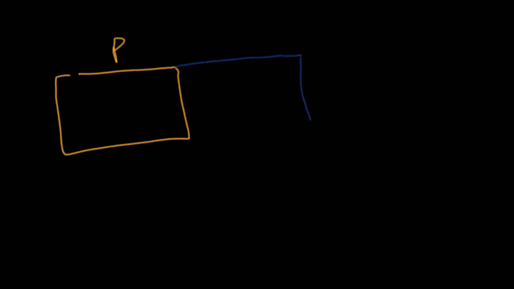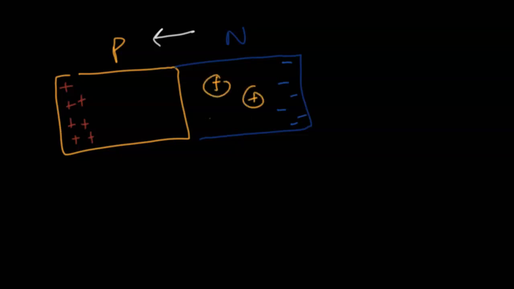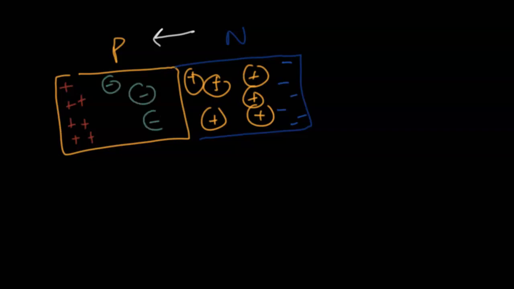We have the p-type semiconductor and my n-type semiconductor. Now, the electric field has gotten stronger between the n-type and the p-type. As a result, my positive charge carriers line up near the periphery and stick to it, and my negative charge carriers stick to this periphery. On the other ions that we have, the donor ions are lying about here, spread about, and my negative ions are lying in the p-type semiconductor